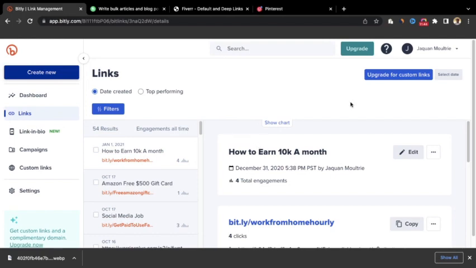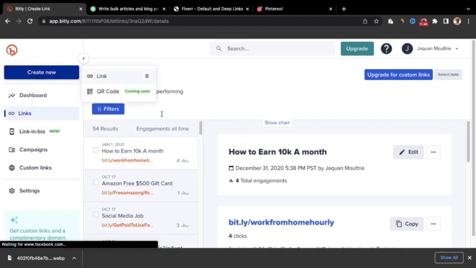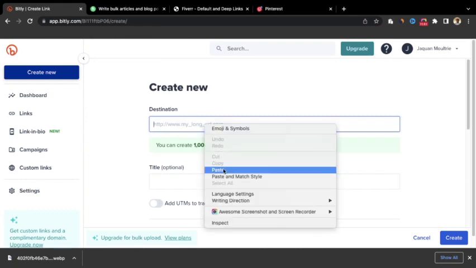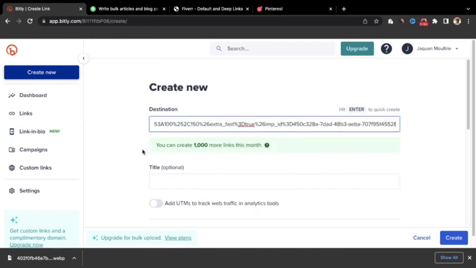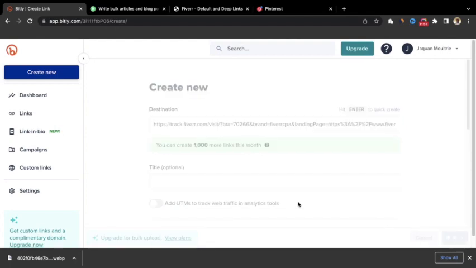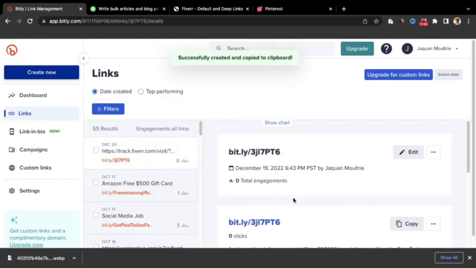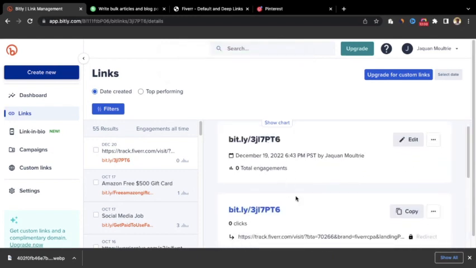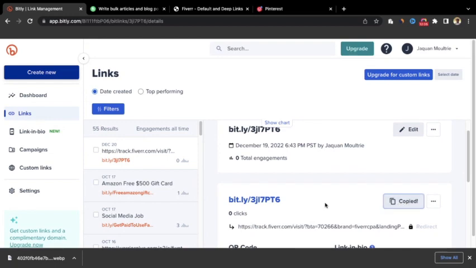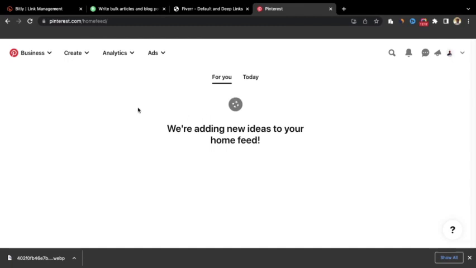Now the next thing we want to do is create a new link. And now we're gonna put our link right here, and then bam. Create our link, and then bam. Okay. So now the next thing we want to do is copy our link. Now the next thing we want to do, guys, we want to come over here to